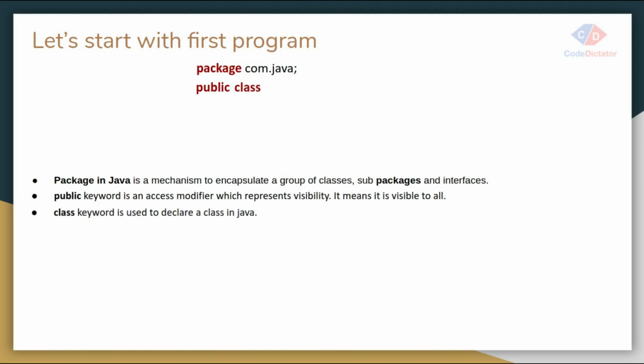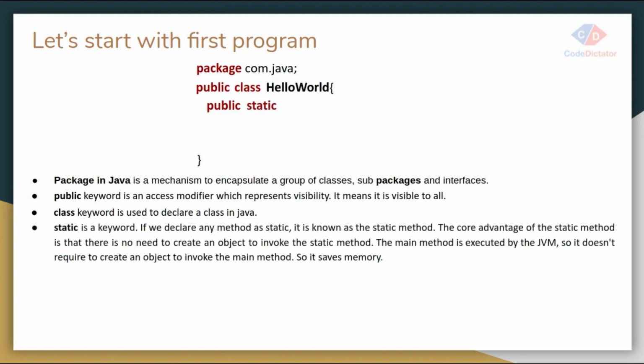Then the class keyword, which is mandatory if you are declaring a class. Then your class name, which follows some naming convention that we are going to learn. Your class always starts with an opening curly bracket and a closing one. It means the scope of all methods and variables lies between those curly brackets. Public is the access modifier, which we can apply with a class, a method, or any instance variable, like global variables.